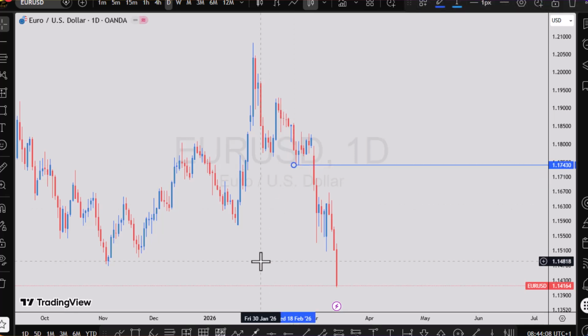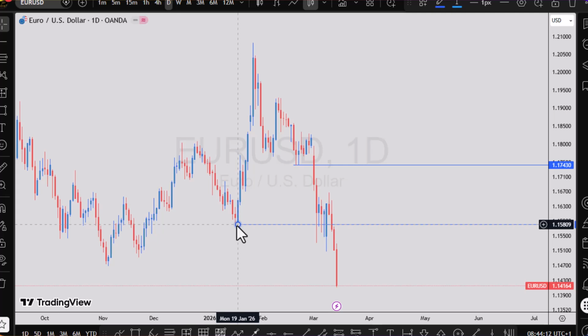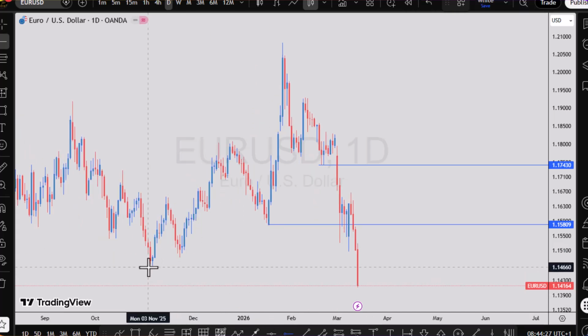You can see that level. I have another technical level at these zones right here. We mark that key level structure. So the first key level we had is at 1.17430. We have another level at the 1.15809, and we have another key level right down below at the price of the